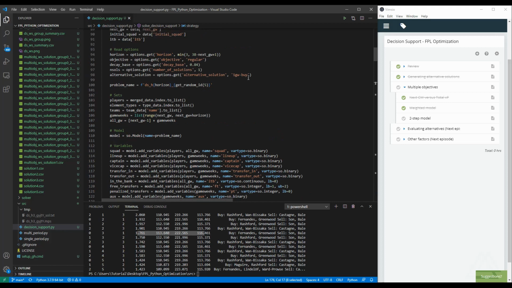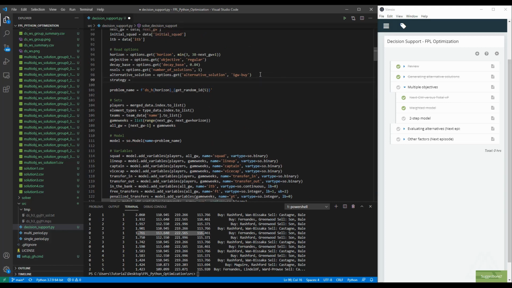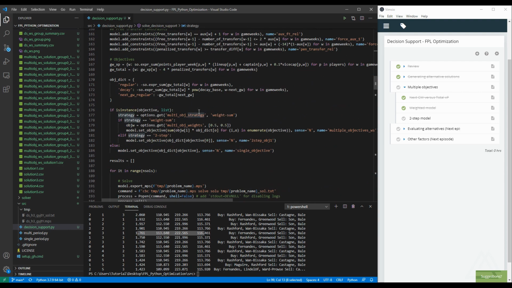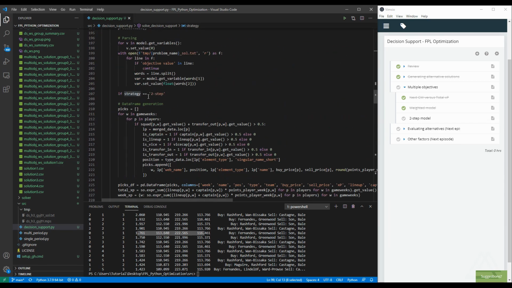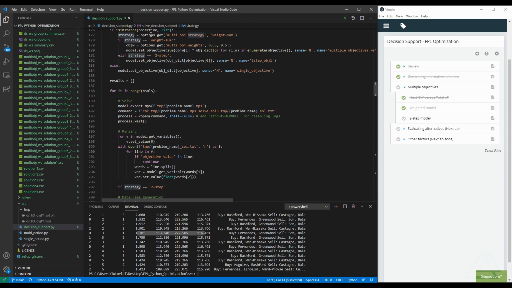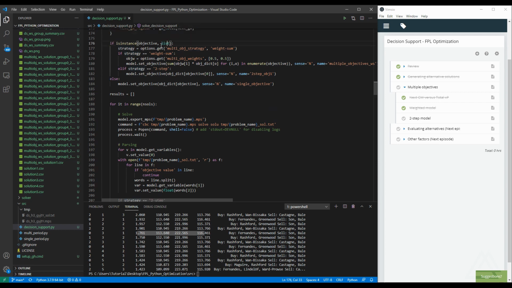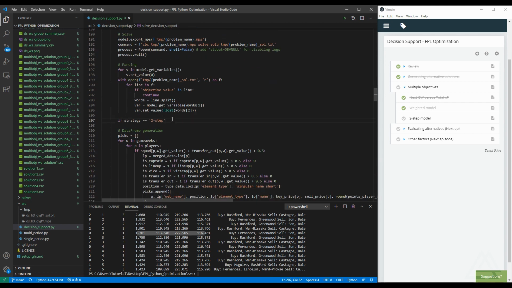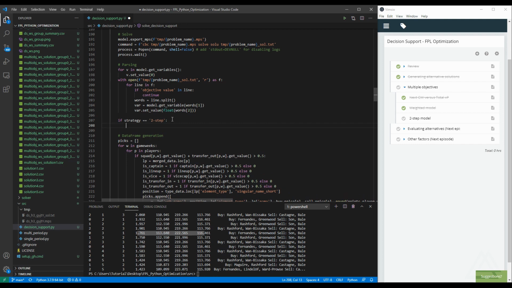I will just define this at the beginning, and I will say this is equal to none at the beginning, so we don't have any strategy to begin with for the multi-objective, and so this will only take a different value if it is a list of objectives. If it is two-step, then here